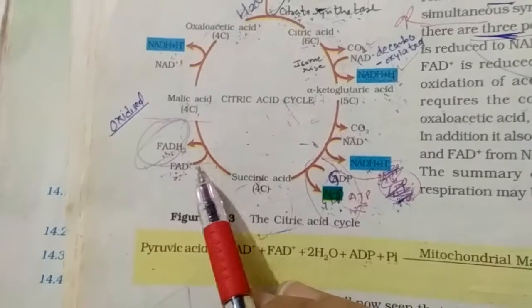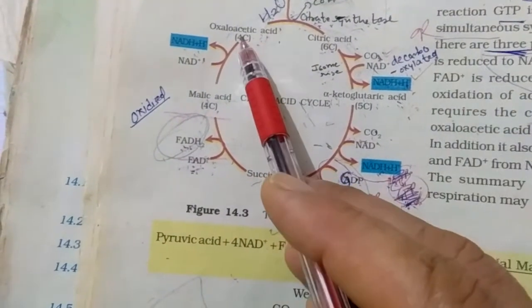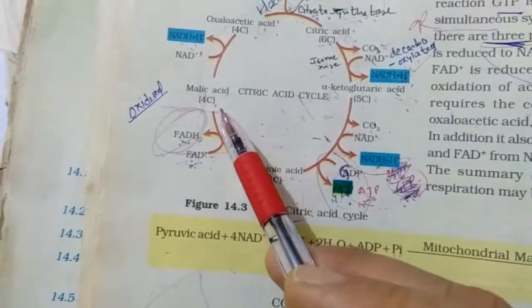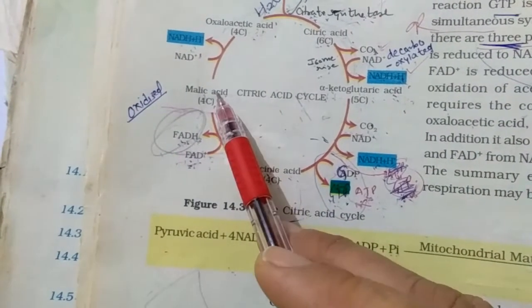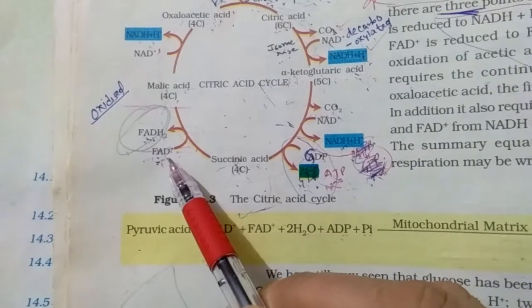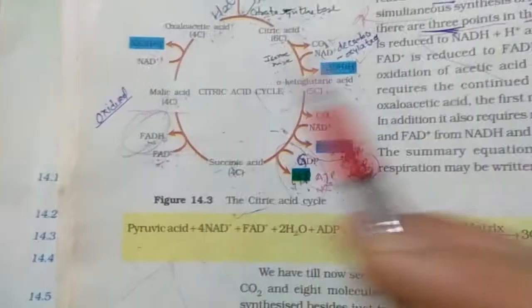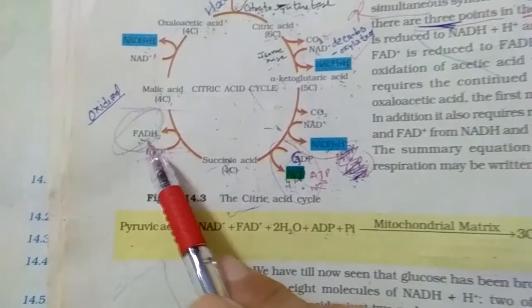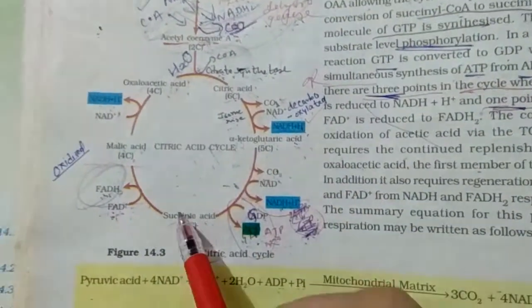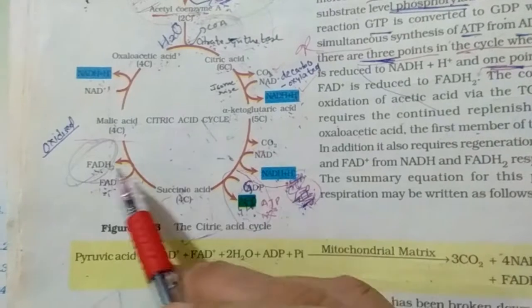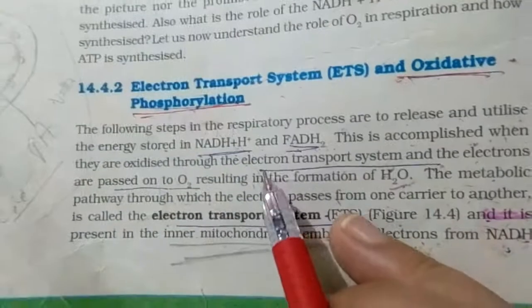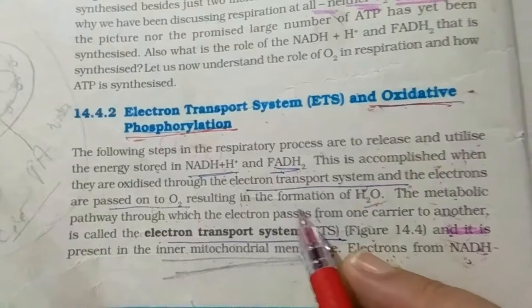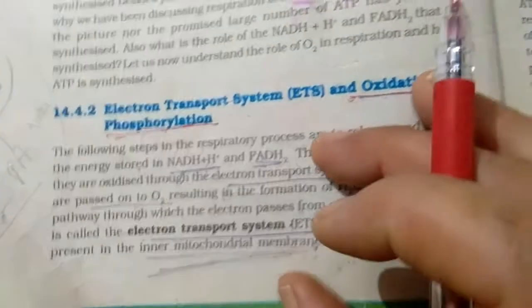And in the Krebs cycle, when succinic acid was converting into oxaloacetic acid, in an intermediate step when it was converting to malic acid, here the FAD has reduced to FADH2. So the products are 4 NADH2 and 1 FADH2. This is from 1 pyruvic acid, but if 2 pyruvic acid will undergo Krebs cycle, then 8 NADH2 and 2 FADH2 molecules will form, and now these will enter the electron transport system. But this electron transport system which is given here, I'll discuss later on.